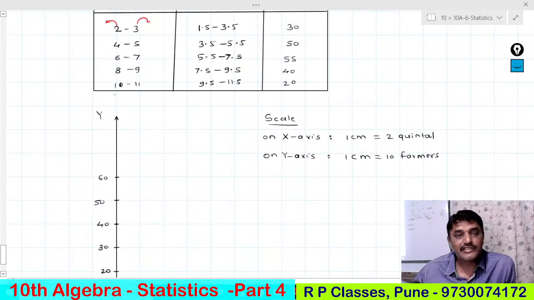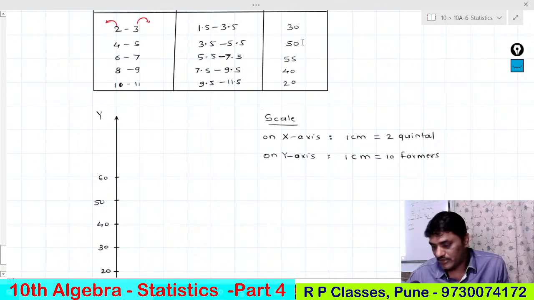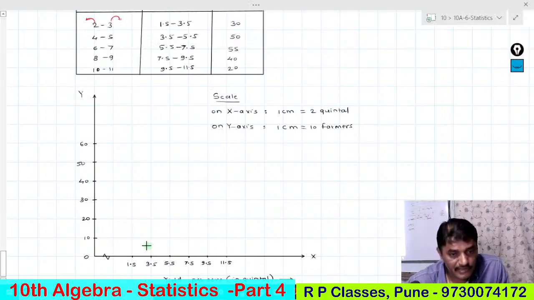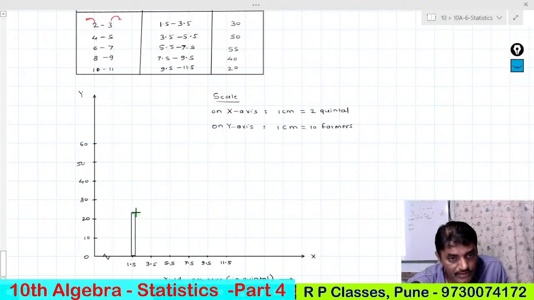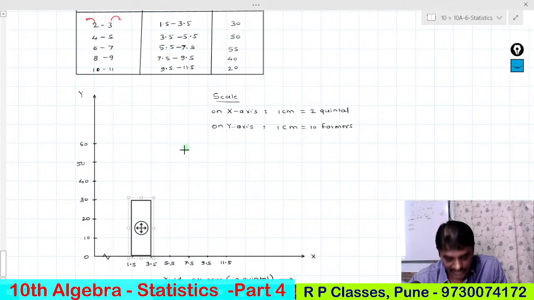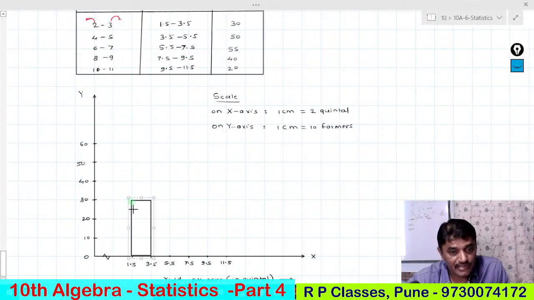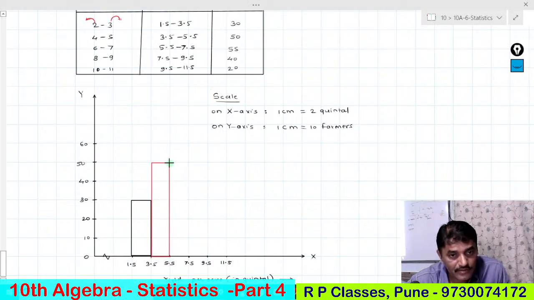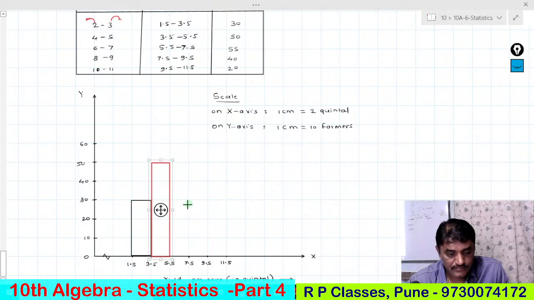मार्क करना है। तो ये पहला है 30 तक ही जाएगा पहला। First is going till 30, राइट। सो यहाँ पे मैं मार्क करूंगा पहला वाला 30 तक, ठीक है। So mark here it has 30। यहाँ से जाएगा वो और 30 तक ही रहेगा। Is this okay? ठीक है। दूसरा 3.5 to 5.5 50 है। 3.5 to 5.5 it is 50। So I will take this as 50 तक। ये यहाँ नहीं, शेडिंग करने का सिर्फ नॉर्मल।